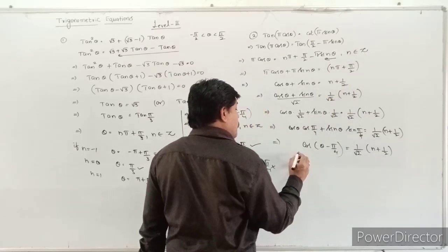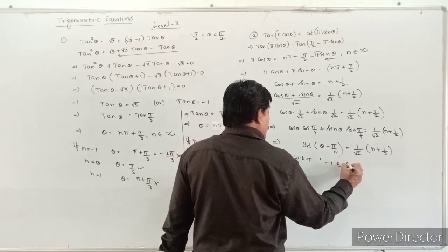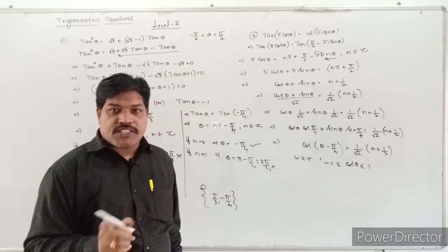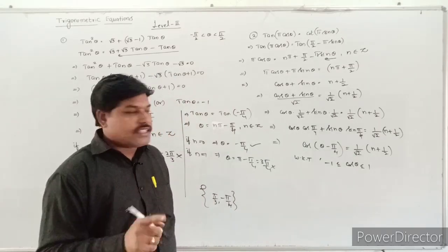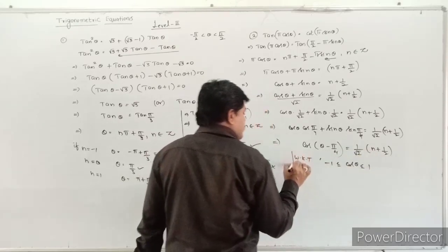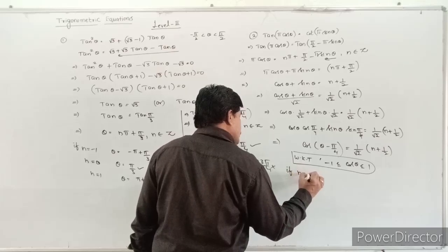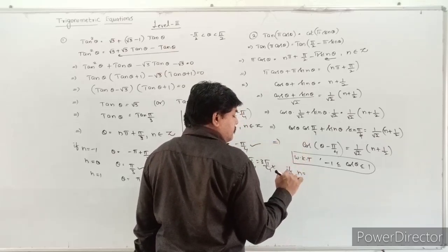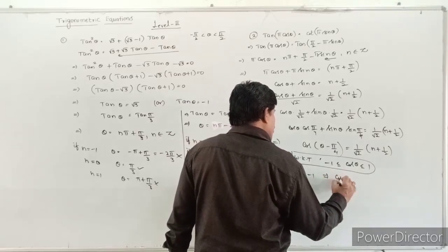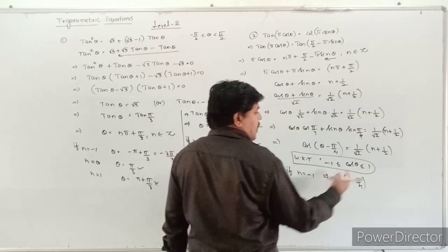And also you have to remember that we know cos theta is greater than or equal to minus 1 and less than or equal to 1. Cos theta value lies in between minus 1 comma 1 only. Okay, so those are the values you have to give for n. What are the possibilities? If n is equal to minus 1, that implies cos of theta minus pi by 4. If n is equal to minus 1, what happens, students?